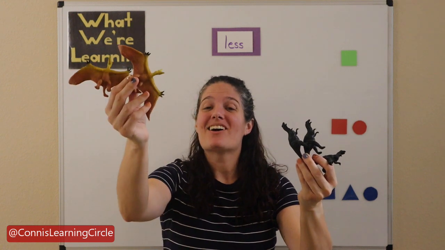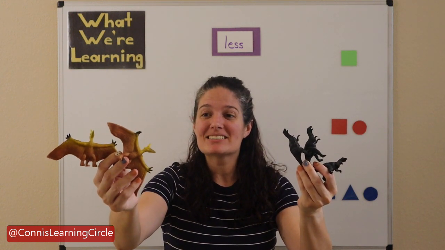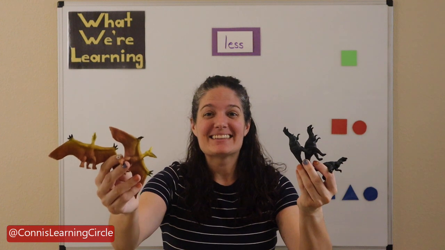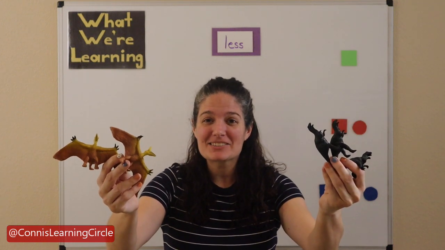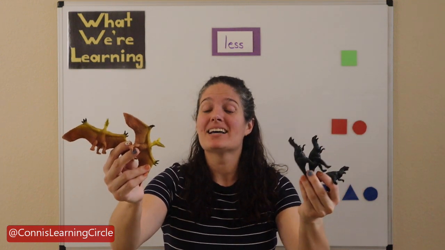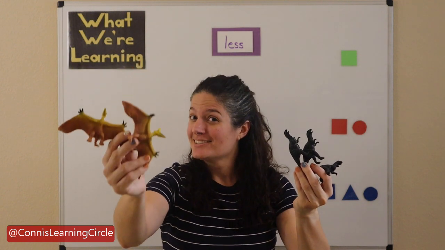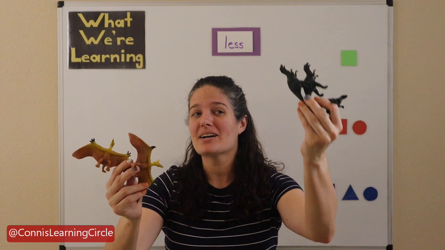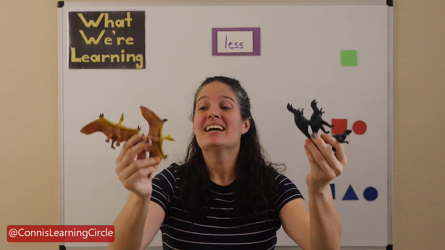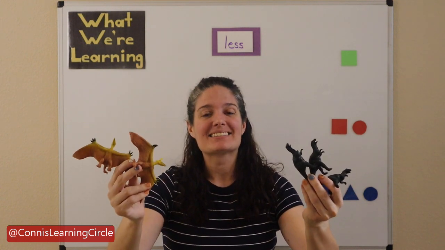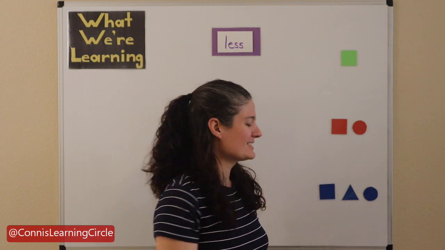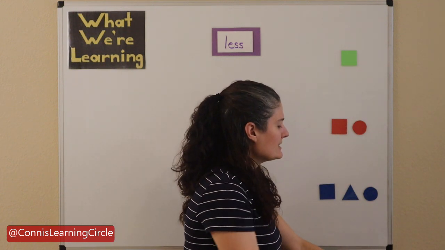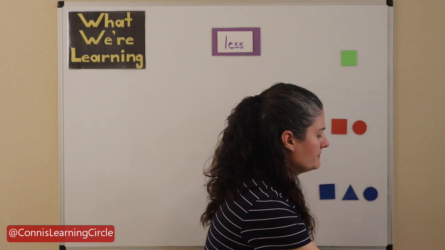If you said our pterodactyl dinosaurs is less than our T-Rex dinosaurs, you are correct, because our number 2 is a smaller number than our number 3. Very good. Our number 2 is less than our number 3. Awesome job. Let's see if we can